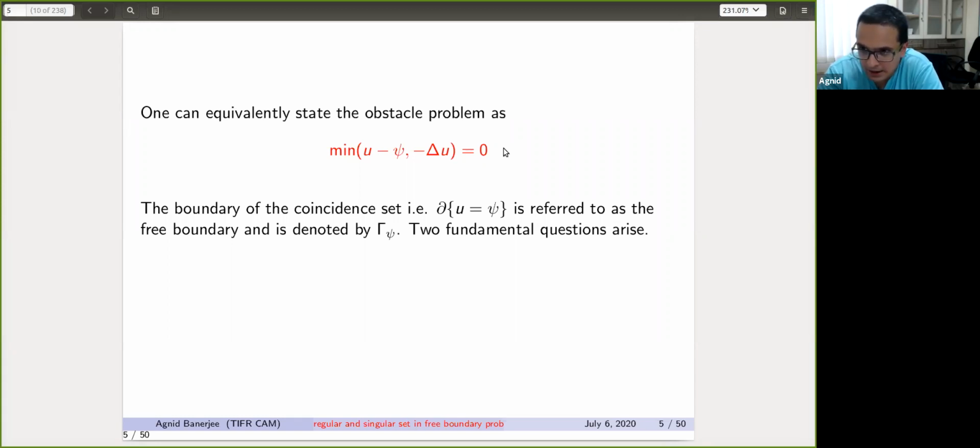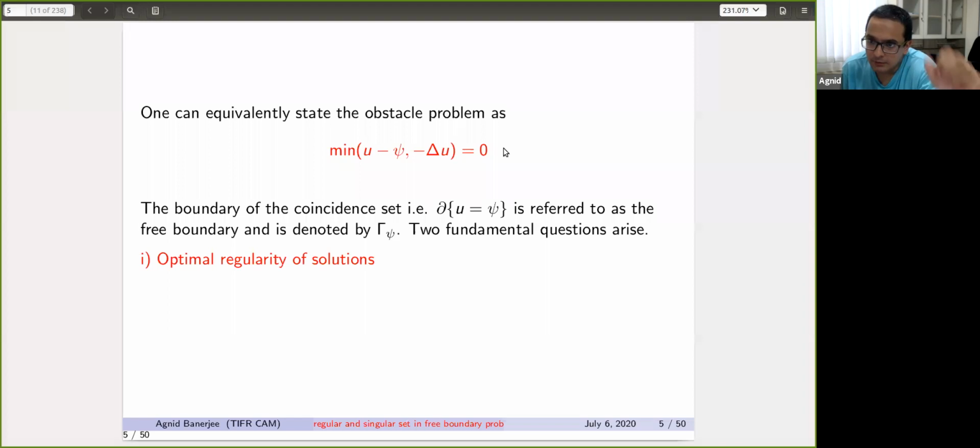And it turns out by using a certain transformation, one can view the classical obstacle problem in some sense as the stationary counterpart of the Stefan's problem. So as I said, two fundamental questions would arise. One would be, for the ice-water melting problem, you would want to understand whether the temperature is continuous. So which is to say, in the case of the classical obstacle problem, what is the regularity of the solution, or so to speak, the optimal regularity of the solution that you would want to understand.